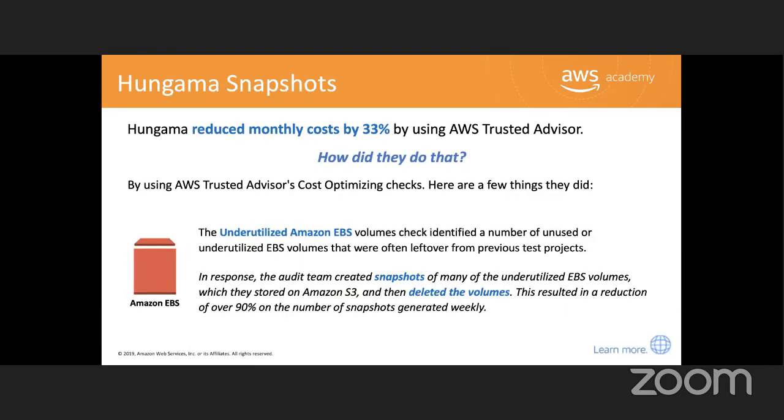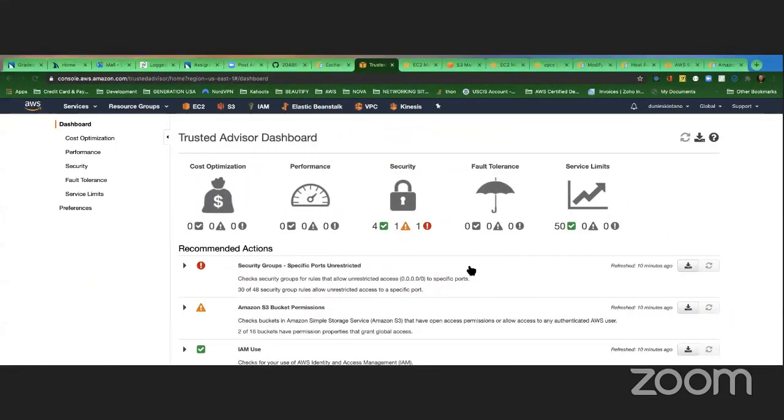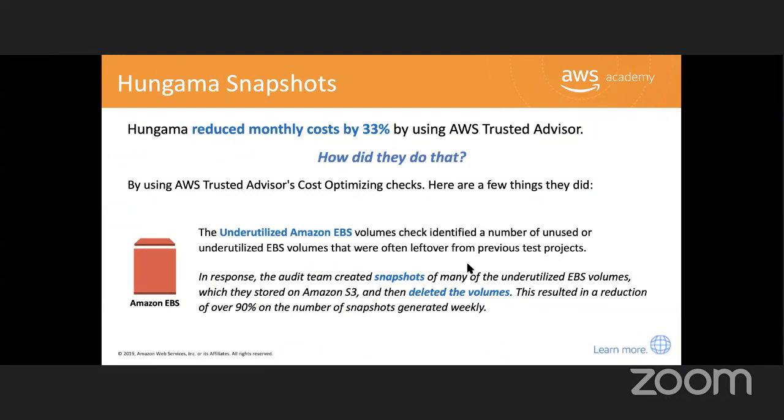Hongama reduced monthly cost by 33% by using Trusted Advisor. So what did they do? The underutilized Amazon EBS volume check identified a number of unused or underutilized EBS volumes that were often left over